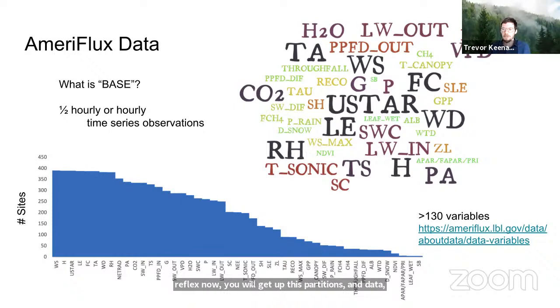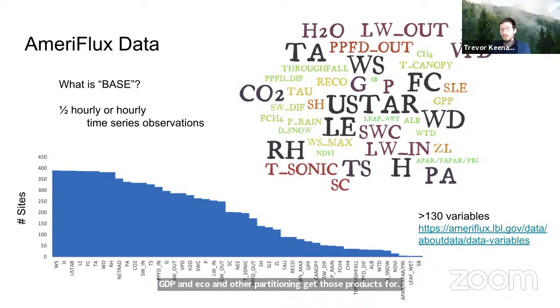These are partitioned estimates provided by the site PIs from their own individual methods for doing that, as they see best fits for their site. But we'll talk later today about how we are developing GPP or ECO and other partitioned and gap-filled products to be equivalent to those that are produced in the FluxNet dataset.